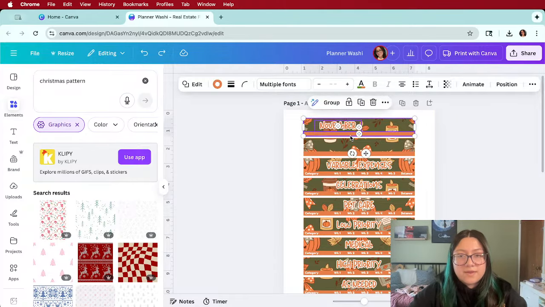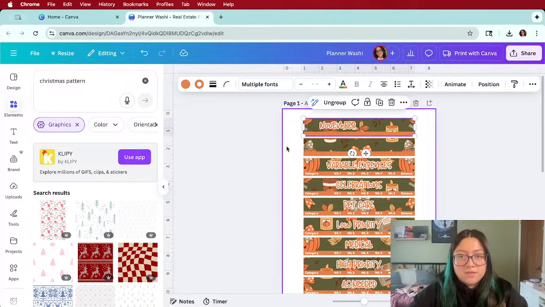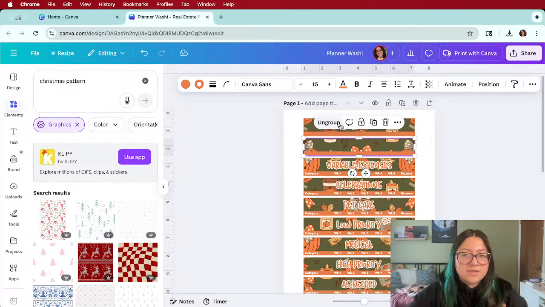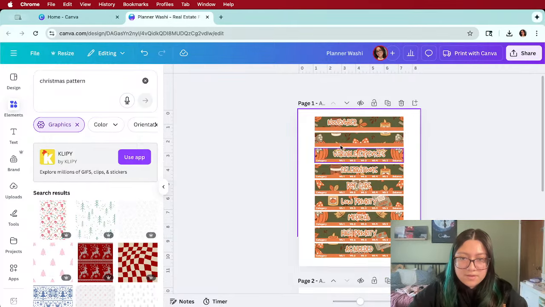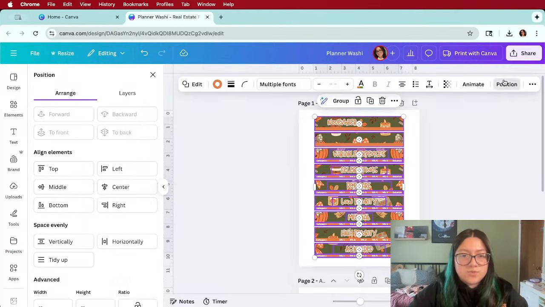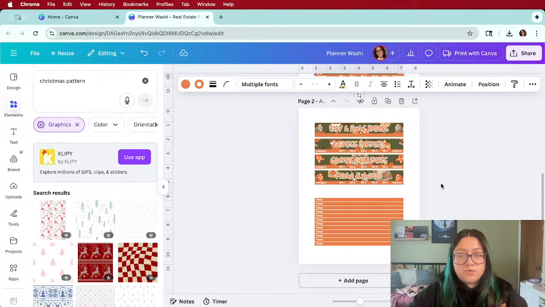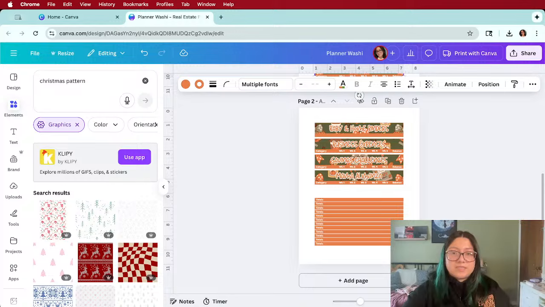Literally what happened? Can I not group that? Why is it moving? Did you see that? That was weird. I totally know you guys saw that. Okay, so now we're going to center all of these, which we did earlier. I thought we did earlier. Okay, now they're grouped. So now for printing,